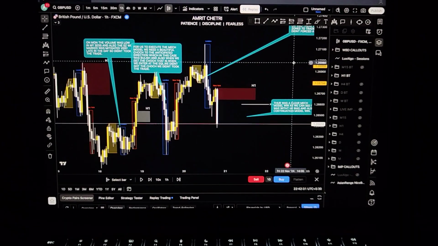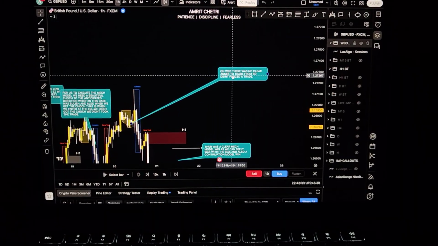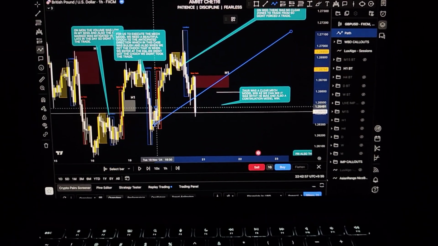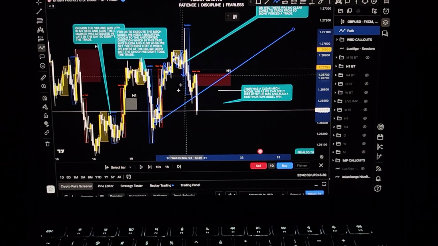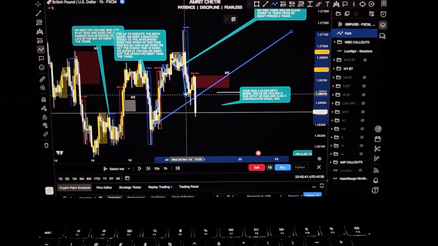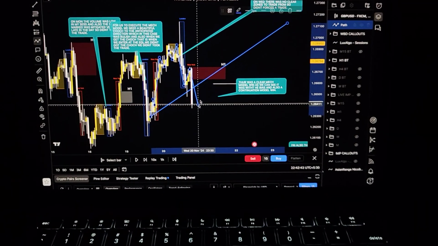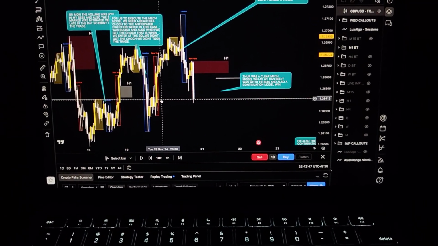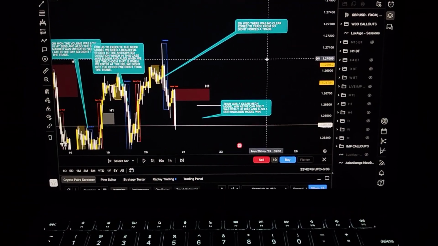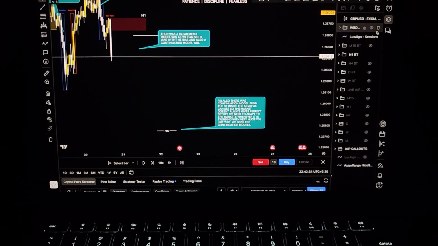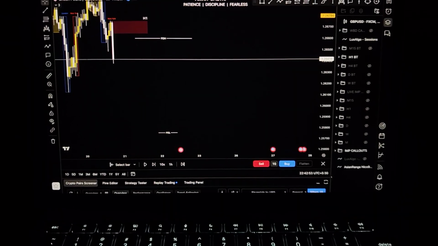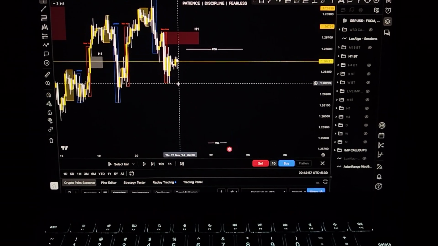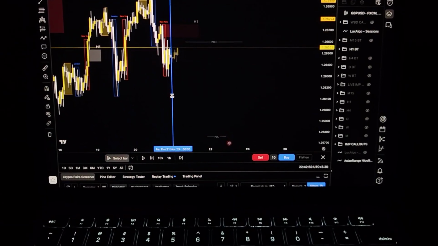If I show you the call out for Wednesday, there were no clear zones to trade from, so I didn't force the trade, 100%. Whenever there are no clear zones to take a trade from, here we can see there were no clear zones to buy from. That is the reason I didn't take a buy opportunity right there, and that's totally fine. Whenever there are no clear zones to trade from, don't trade. That will help you for the upcoming days, right? So going on